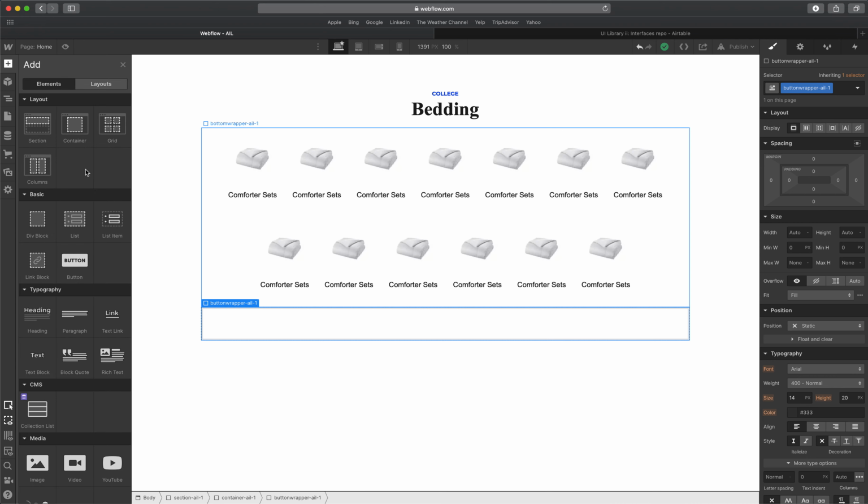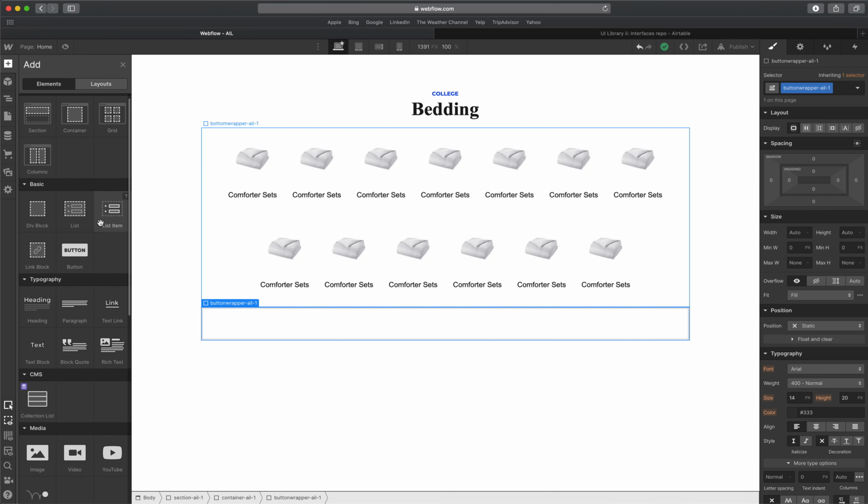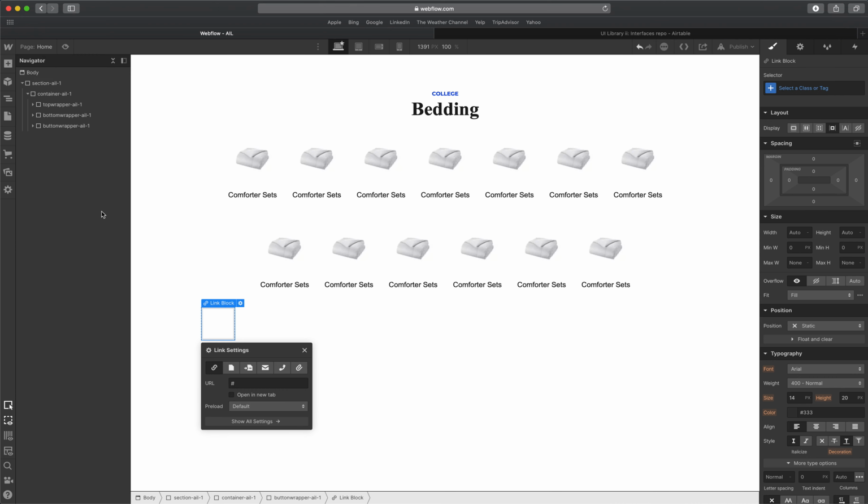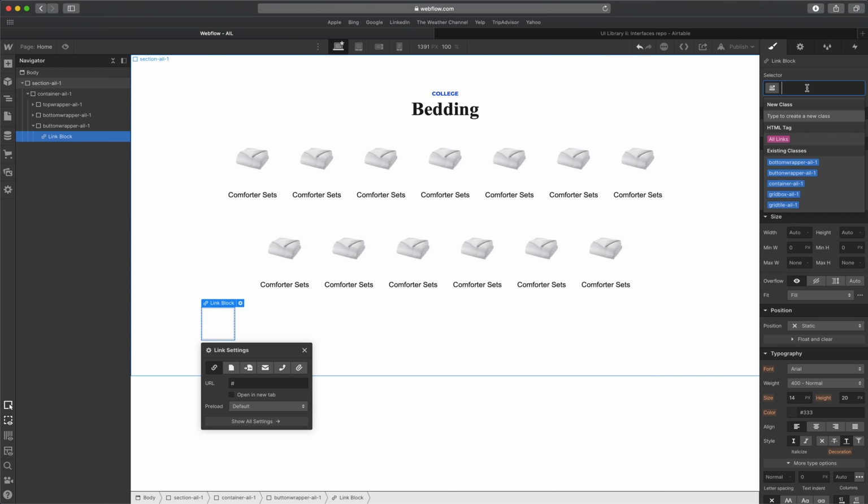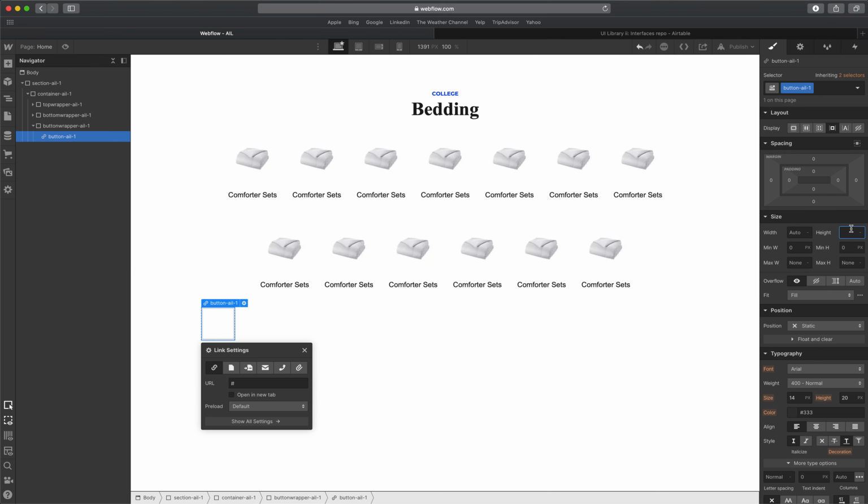So I am creating a link block. I like to build bottoms and link block with link blocks, but you can actually do this with an actual bottom block. So I'm going to create this as a bottom. Okay, bottom number 1. That is going to be